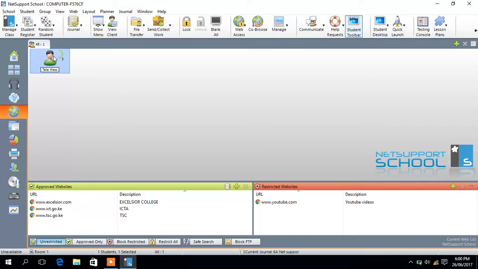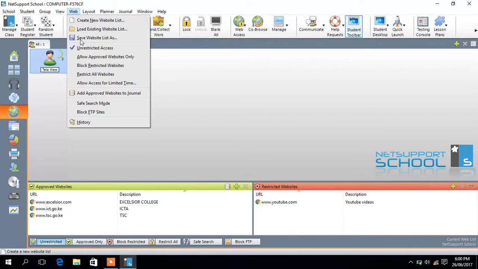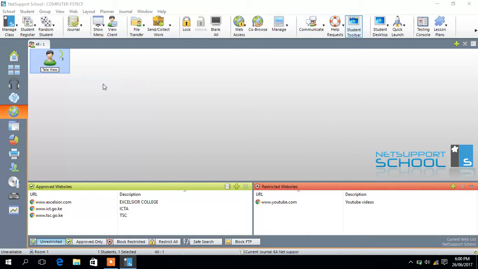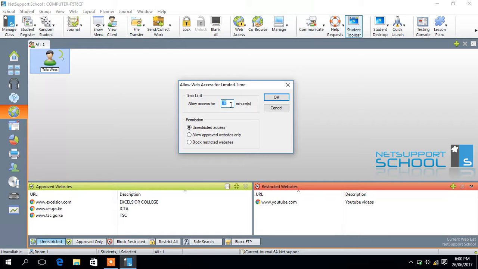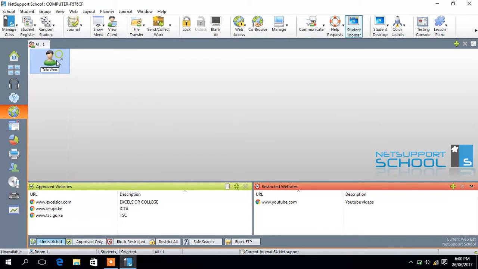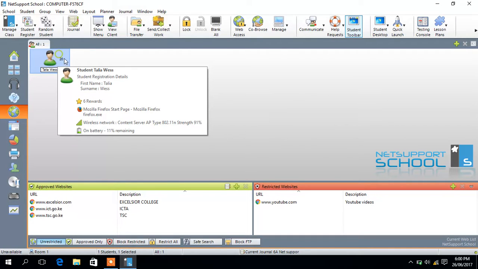You could reward the student with unlimited access to the internet. Coming all the way to web here, you can allow access to unlimited time. I'll give the student 20 minutes of unlimited access. When I do that, you will see a green circle here indicating 20 minutes of